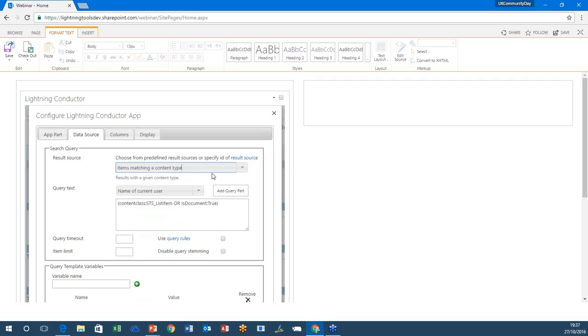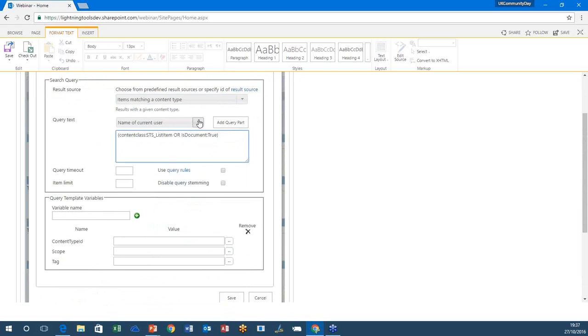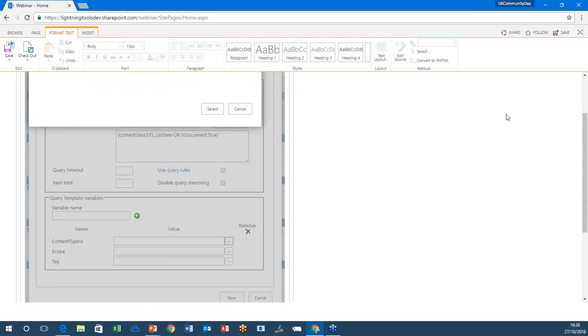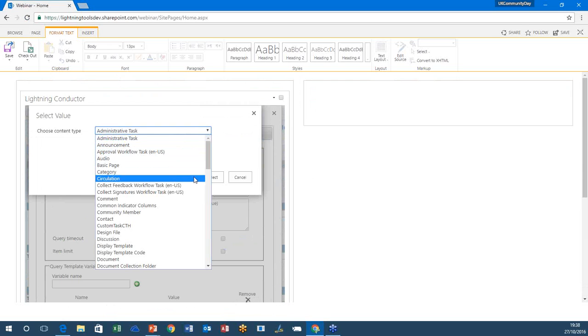So I've selected items matching a content type, and you'll notice here we can change the query text, so we can change the site collection that we're getting the items from. We can force it to just contain the site names or the items and so on. So there are a few refinements there that you can use. And we've also got some different tags that we can apply. So we can change the scope, so we can select certain sites or certain site collections. And what I want to do is change the content type. The content type I'm going to choose is called documents. So we'll go through and select the document